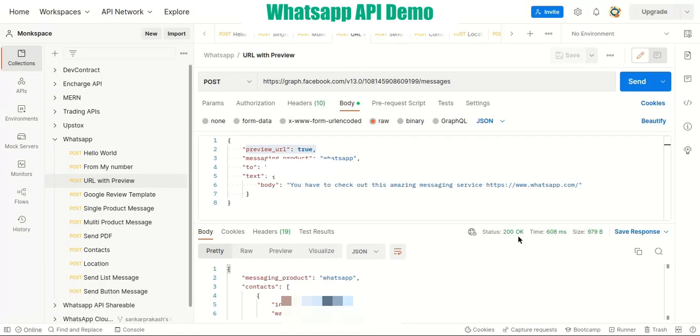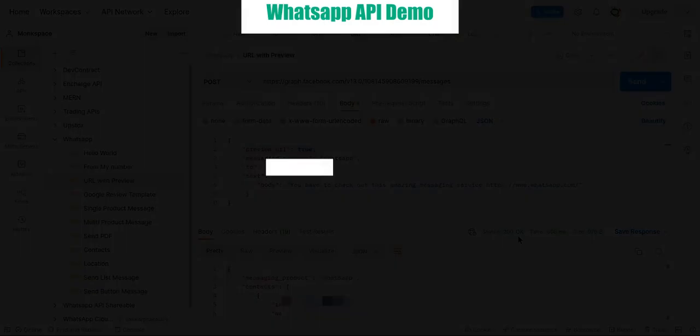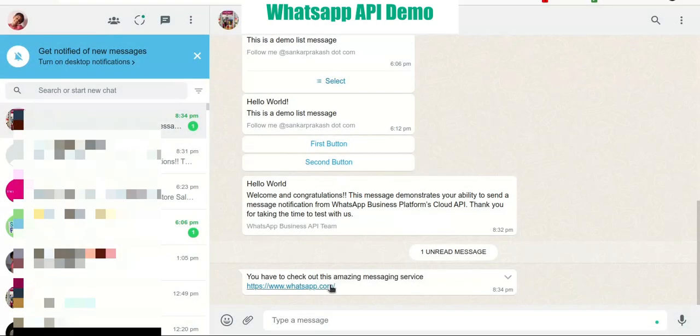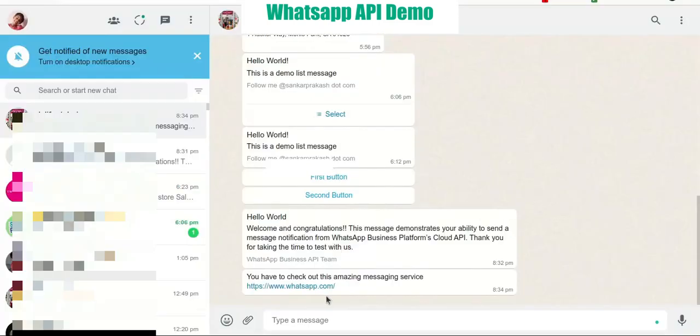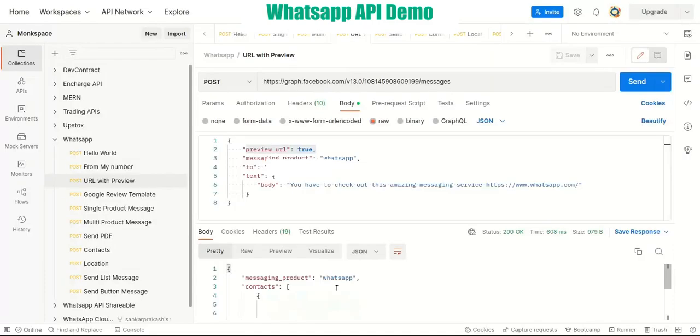Getting that 200 response. Let me move on. We'll be able to see, "You have to check out this amazing messaging service. WhatsApp," it's clickable. If you pass the preview URL value as false, then it will be plain text, not a clickable one. Okay,